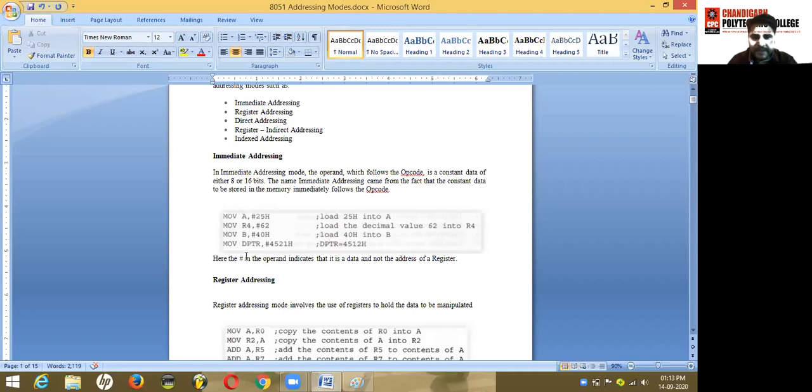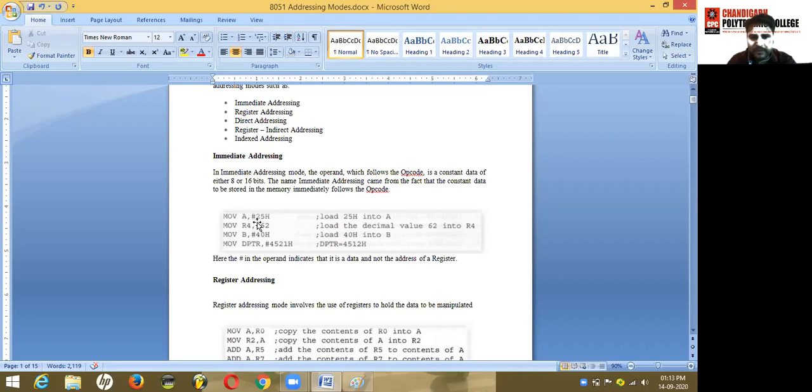Here the hash or pound sign in the operand indicates that the data is the immediate data. It is the data and not the address of the register. The pound sign or the hash sign here shows the data is the immediate data that just follows the opcode that has been used in the instruction.